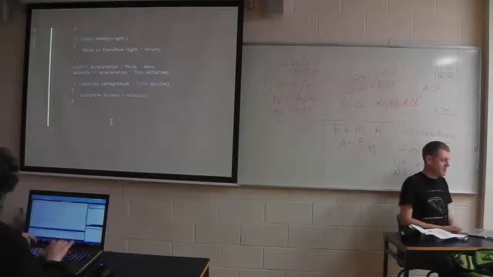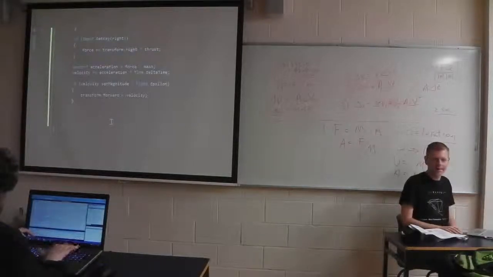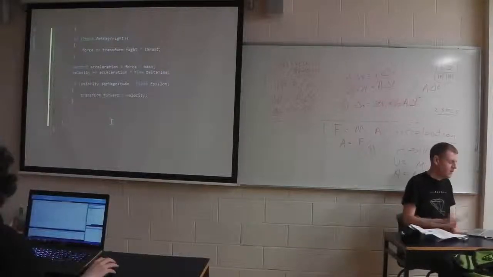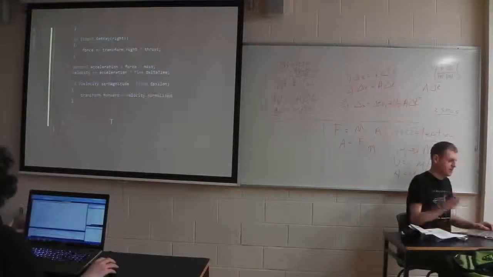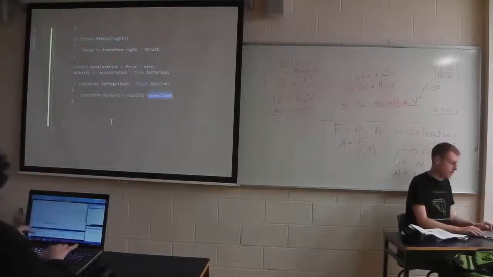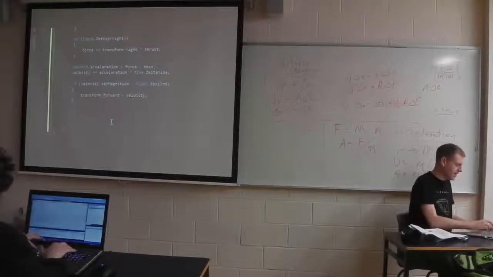A weird thing happens here. This velocity automatically gets normalized for us. Okay, Unity does that for us because, sorry, the forward vector will automatically get normalized for us. Really, what I should be doing is velocity.normalized, but that's just one extra calculation too many. Unity will do it for us anyway. And then transform